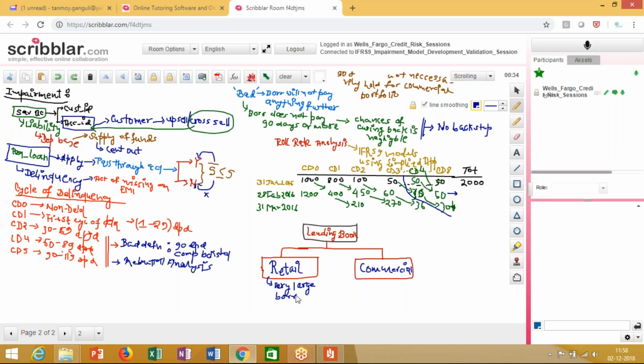So basically, you have 3 to 4 million accounts, and for retail model development, that number of accounts is very important. While the number of accounts is very large in retail, the overall size of the exposures is very small. The average exposure, or the per unit exposure, of retail is small. So one thing we have over here is a very large number of borrowers and a small exposure. Now, contrastingly, in a commercial portfolio, the number of accounts is relatively small, whereas the